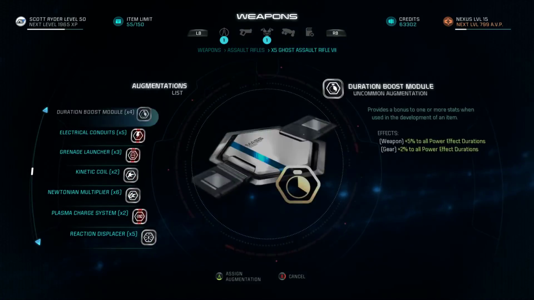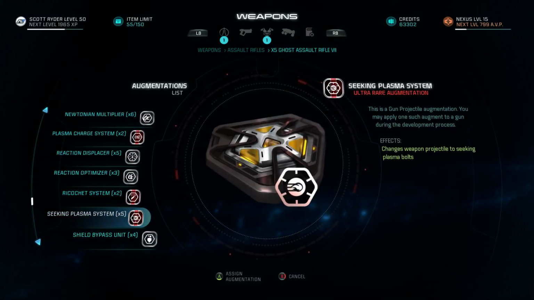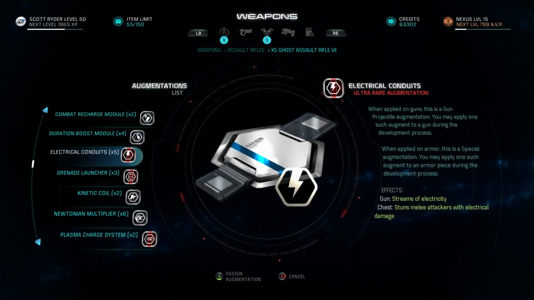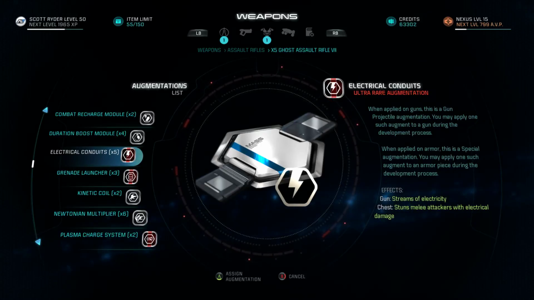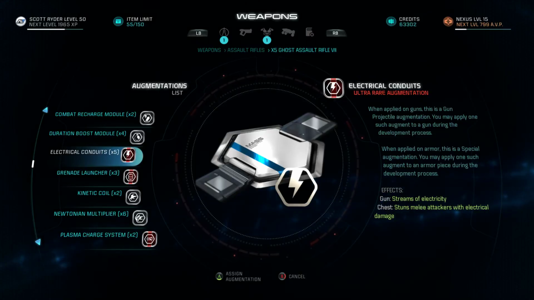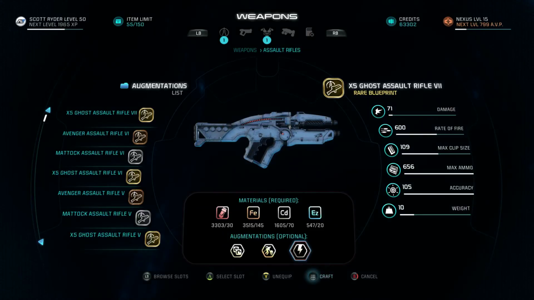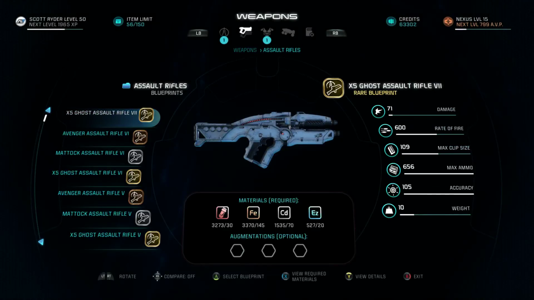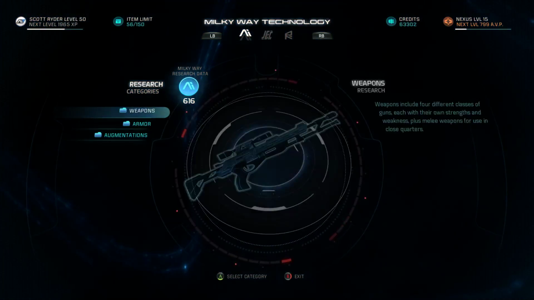Let's... Not the plasma charge system. I can do seeking plasma, or I can do electrical conduits. Let's try this. I haven't used it in anything else yet. It's got a high rate of fire, good clip size. Okay. And I believe that is it, except for I'm probably... You know what? I'm already here. Let's go ahead